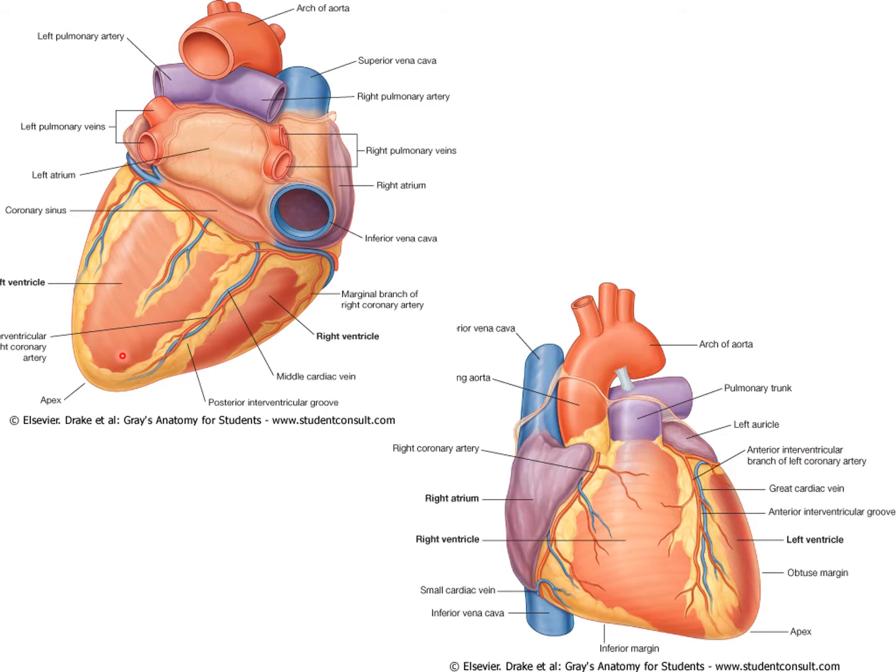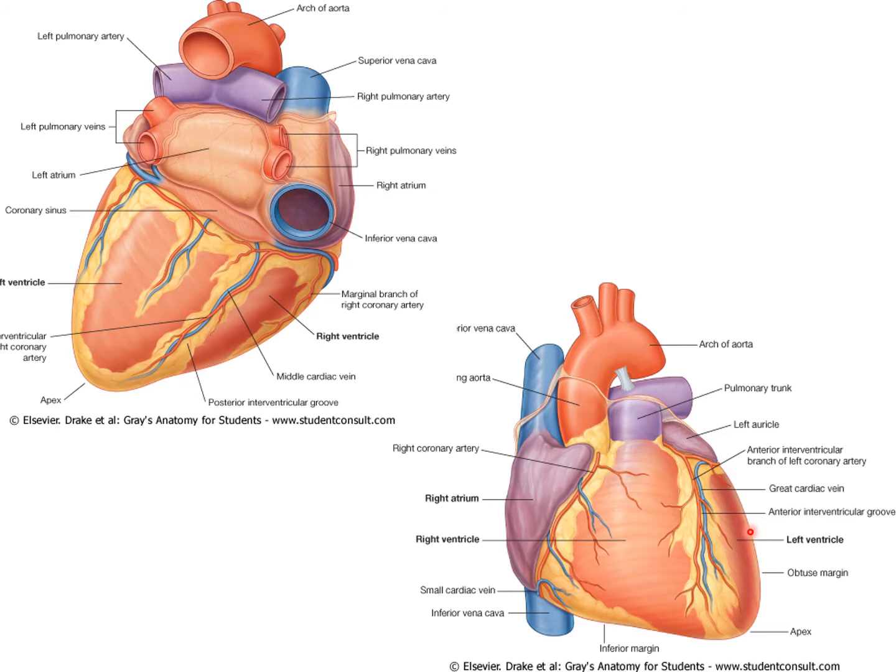So that is the diaphragmatic surface. Now the left surface. You see this one, behind, is the left surface. It is directed upward, backward and to the left, formed mainly by the left ventricle and partly by the left atrium and its auricle. So that is the left surface. The three surfaces are sternocostal, diaphragmatic and left surface.